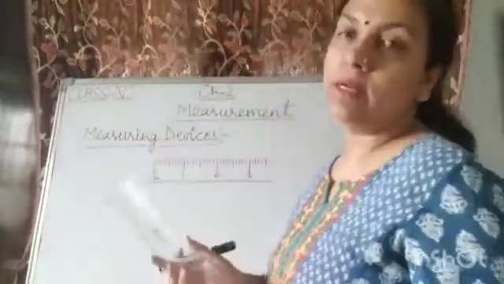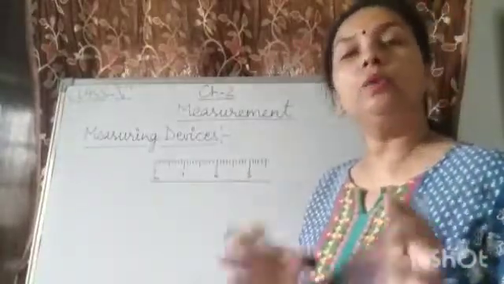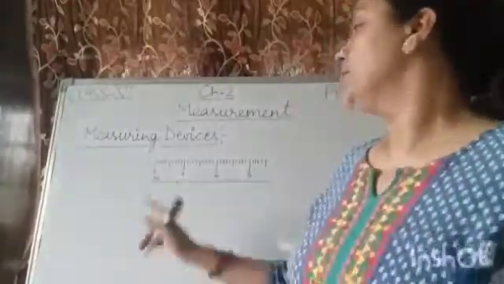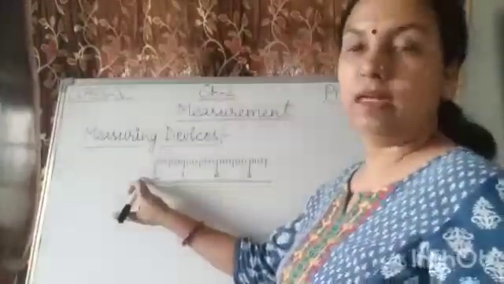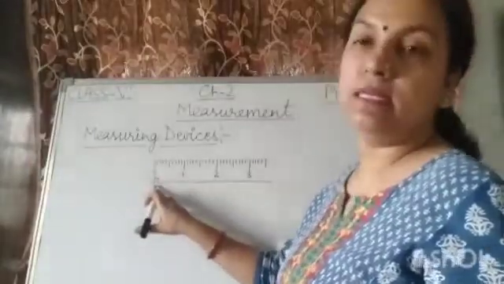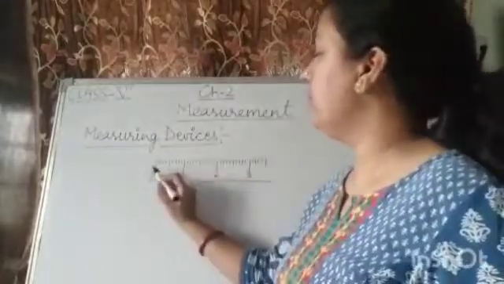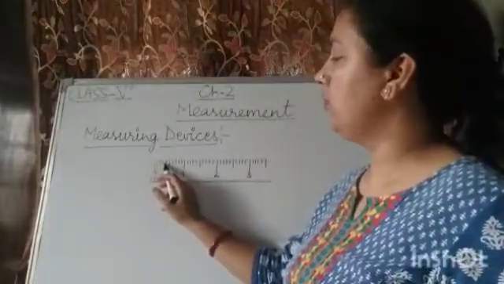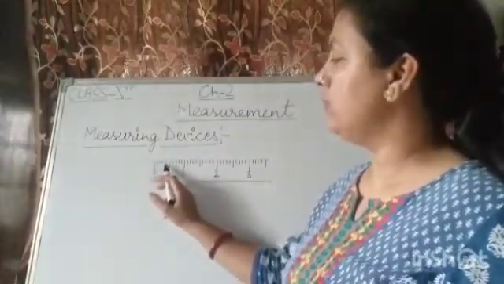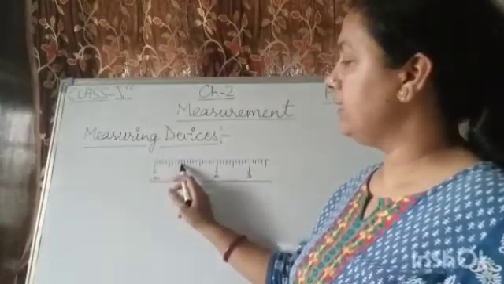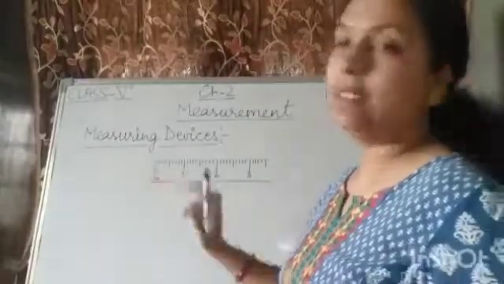Now this will be more clear to you because still many of you do not know how to read a scale. If you see your scale, there is a 0 at the start where it is marked as centimeter. After that some small lines are there. If you count them, you will count 1, 2, 3, 4, and then a slightly bigger line will be there, that is 5. After this 6, 7, 8, 9, and 10, and here it will be written 1. It means this is 1 centimeter.